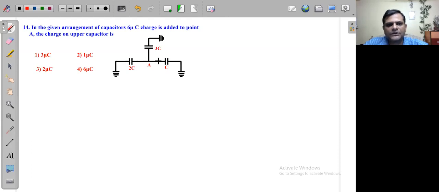ये हमको समझना है. तो अगर सपोज यहाँ पे A पॉइंट पे अगर हमने 6 माइक्रोकूलम का चार्ज ऐड कर दिया, ठीक है. तो उससे क्या होगा देखो, ठीक से. We can just consider this earthing to be made up of a single line, single terminal, so that if we just try to draw the effective circuit of this whole combination, तो इसका अगर हमने effective circuit draw करने के लिए ट्राई किया, तो वो कुछ इस तरह से बनेगा,